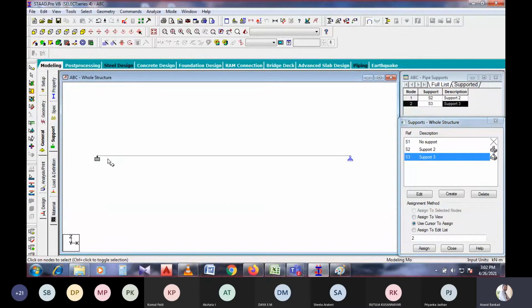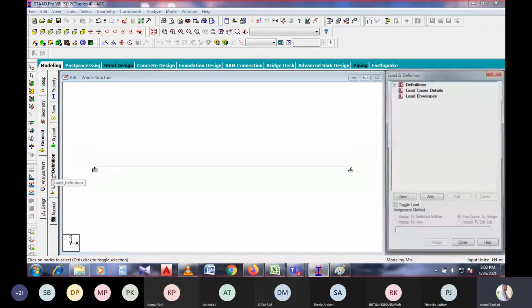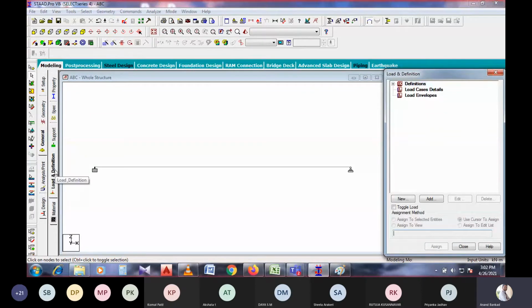So once the support is provided and the section size is provided, we are left with the loads. What type of load is acting on the particular beam? Which type of load is to be applied? That is the load definitions. Here it is loads and definitions. So in this load and definition, we will be having definitions. Definitions are nothing but